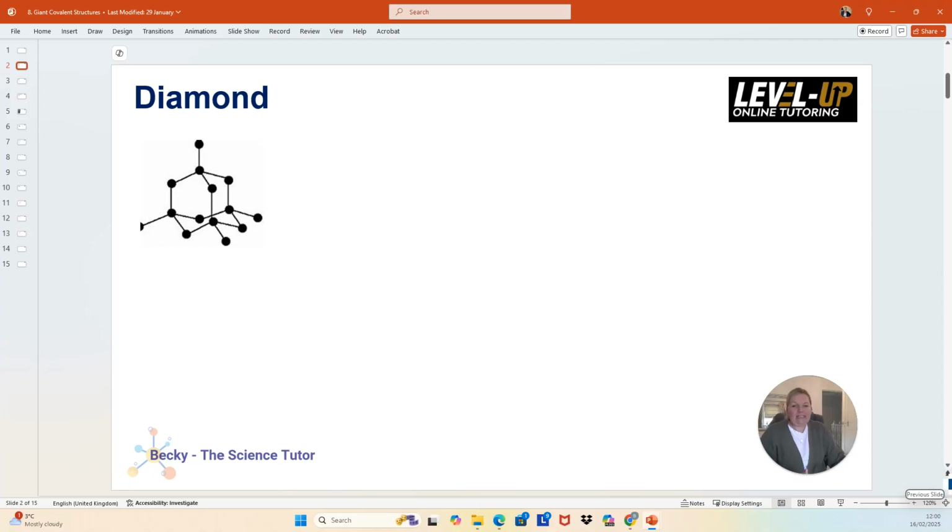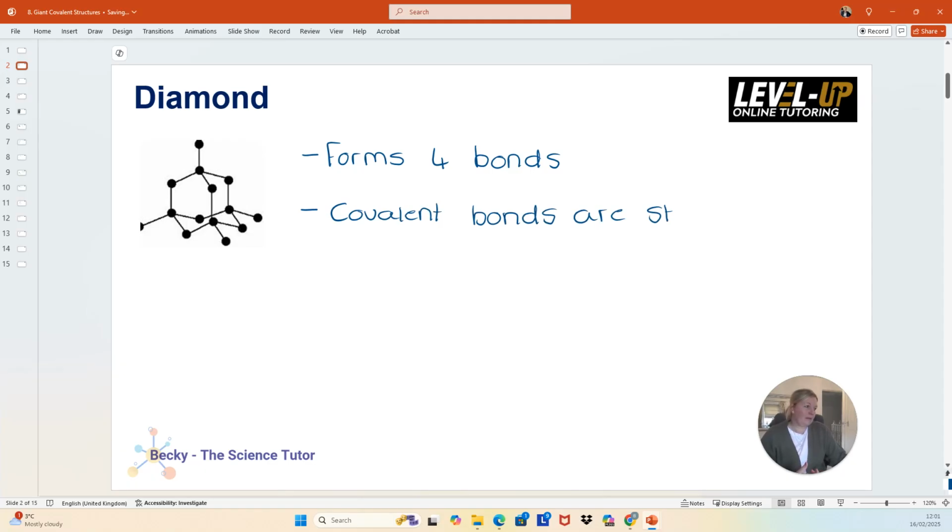So in diamond we can see that each carbon atom, represented by these dots, forms 4 bonds. And something that we need to note and just recall from previous sessions is that these are covalent bonds, and that covalent bonds are strong bonds. So in diamond, because we have 4 strong covalent bonds,